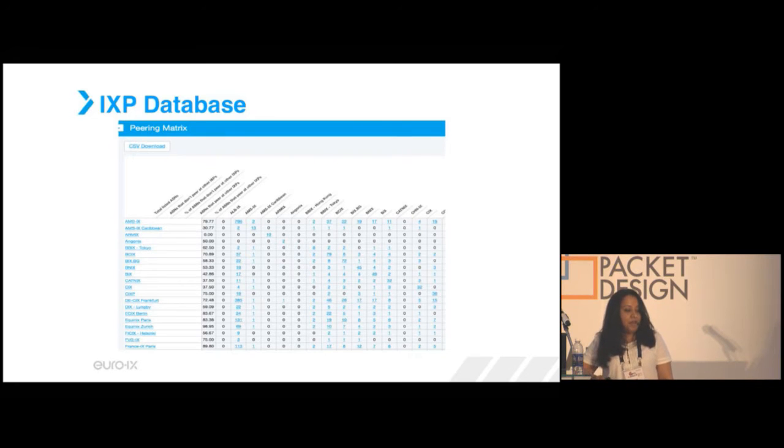This is the peering matrix. All the information that's entered by the Internet Exchange Points comes into this, which is one of the matrices we have available. What this one does is compare the Internet Exchange Points with each other, so you can see which ASNs are common at various different exchange points. For example, you can see here ones that are at AMS6 and AMS6 Caribbean, and another one, BBIX Tokyo, so they have two that are the same there.